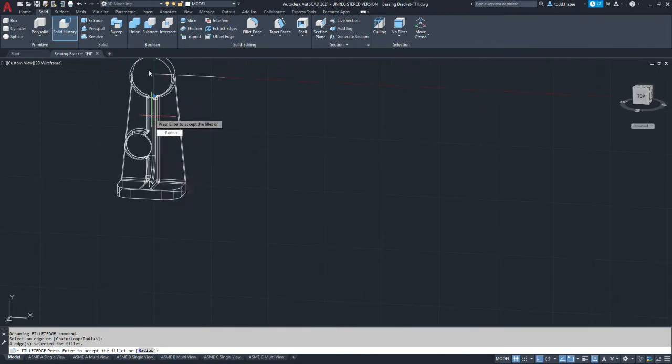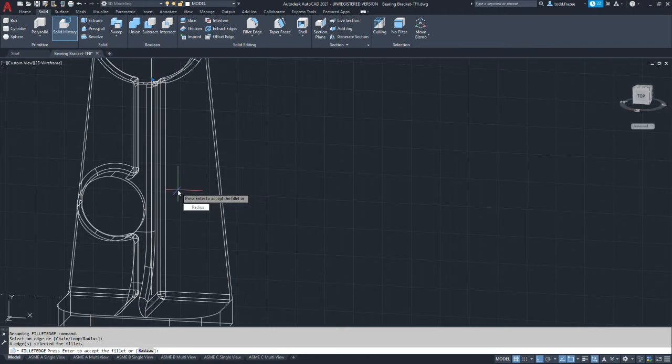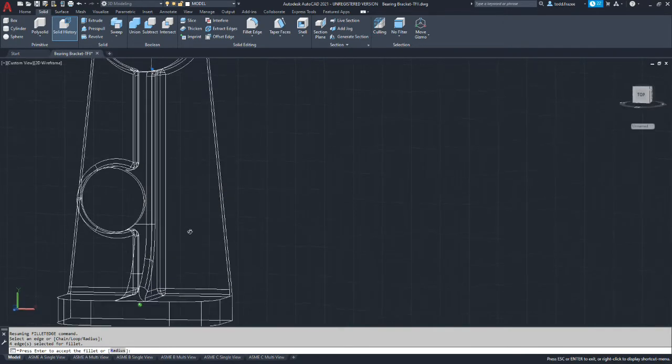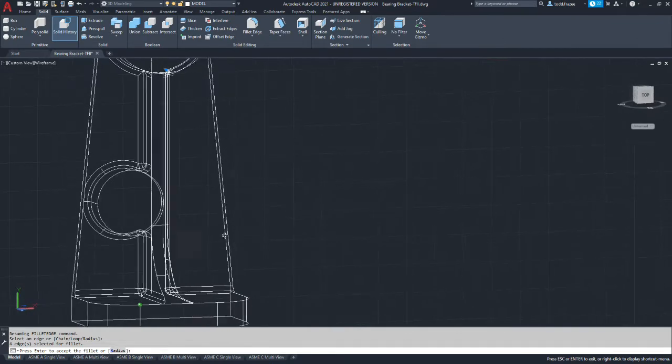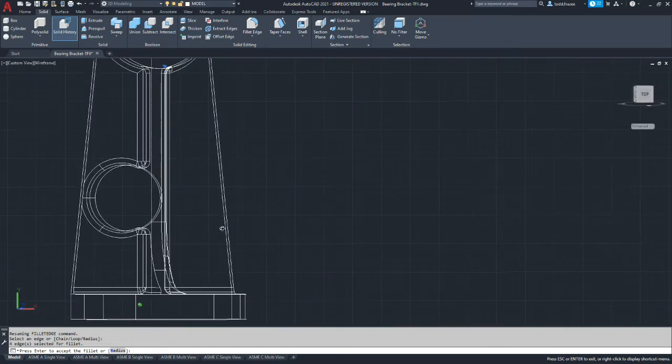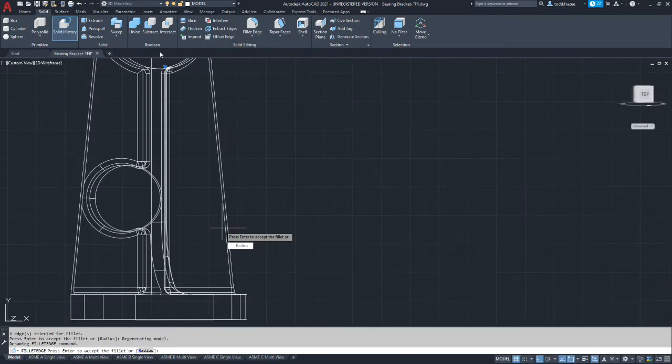Okay, so we got the fillet on one of the ribs. One side of the rib. Let's see if we can pull off the second side.